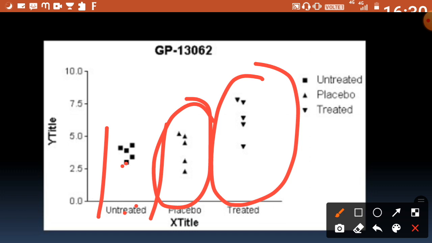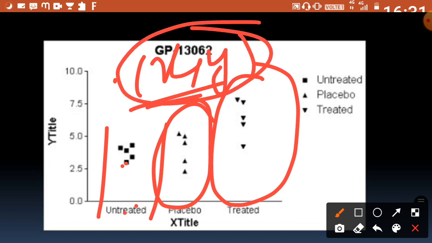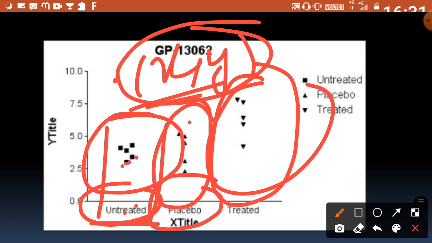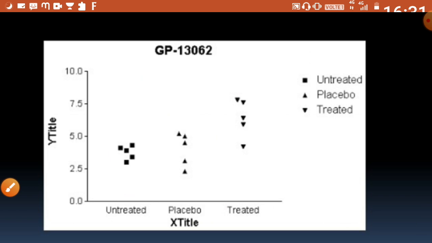It's very simple. As you were taking, you know how to plot the points, right? Whenever we have to plot some point, we just have to know the values of x and y, right? As simple as this. So same, you just have to plot the points and it becomes easier. Let's consider that this many points are untreated, so you just have to write below them that this number is your untreated. Similarly, you can write below this placebo, and similarly you can write below this treated. Got it? Very simple. I don't think it's hard to understand the column scatter plot.